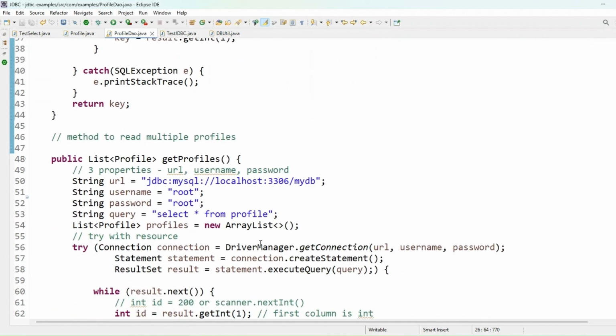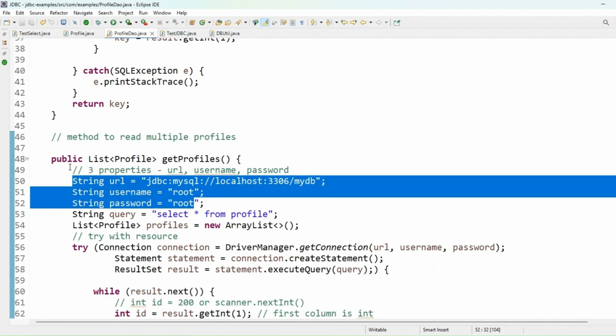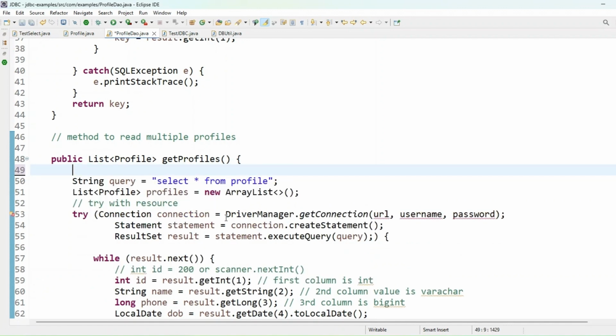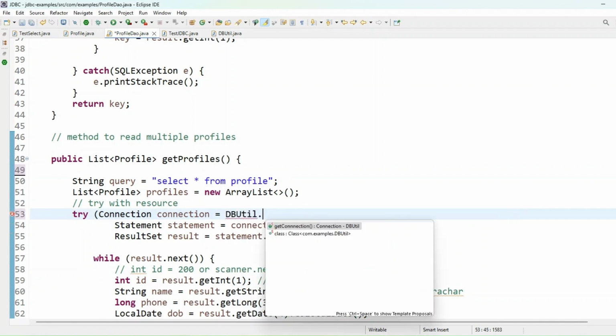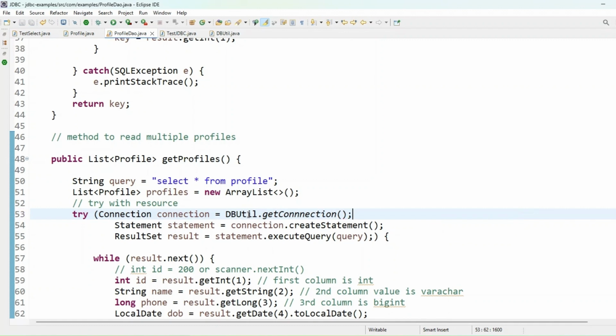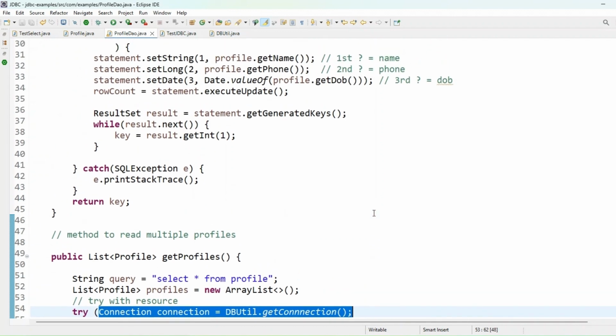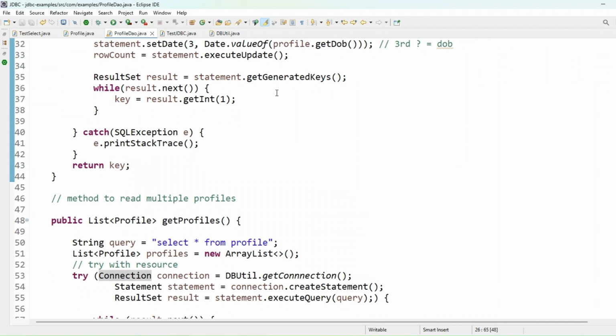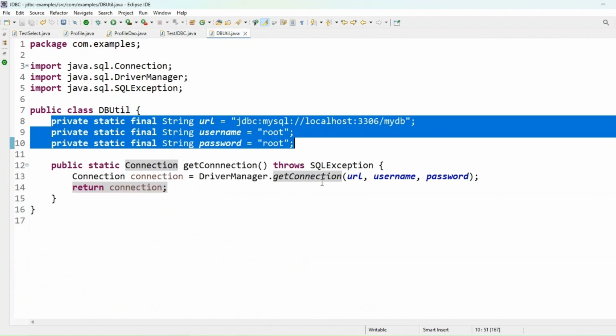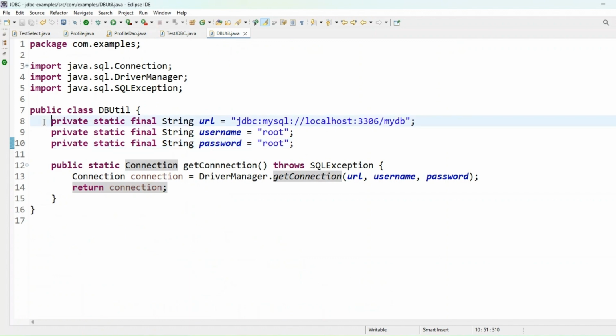Next, we will remove these three pieces of information, and in place of DriverManager.getConnection, we will use DBUtil.getConnection, so that those three pieces of information related to the database credentials and creating a connection object are now reduced to only a few lines of code. That is, only one line of code is enough to establish the connection now. And the advantage we get is that if we change the credentials, we can make the changes only in this